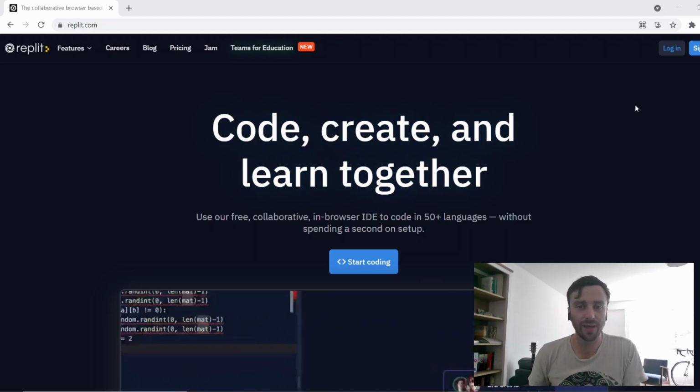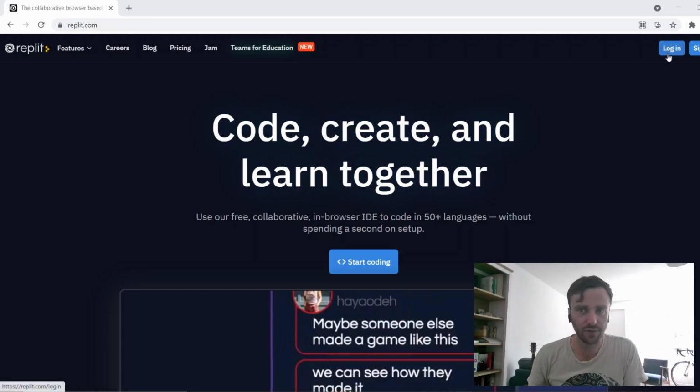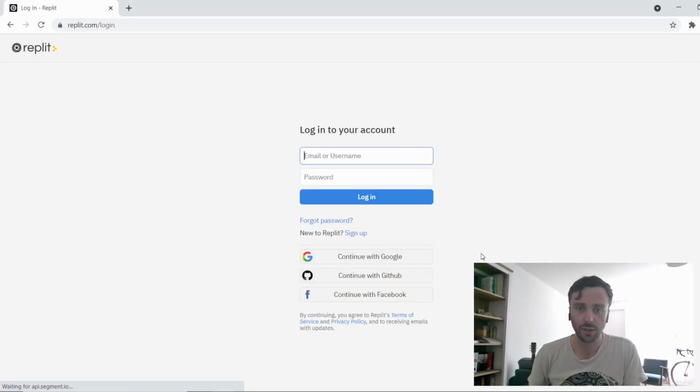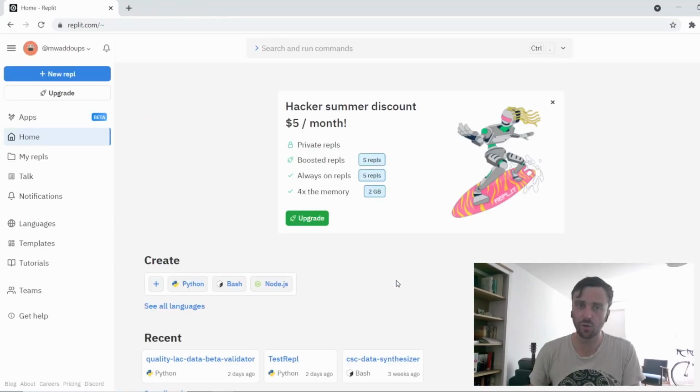So to begin with here, you actually shouldn't need to make an account, because if you click login, you can continue with GitHub and your GitHub account will automatically create something here for you. And when I click that, you're presented with this slightly confusing looking screen here. So